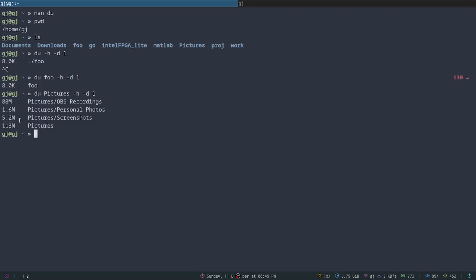Even in the pictures, there were several, like if you open in pictures,